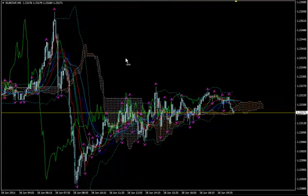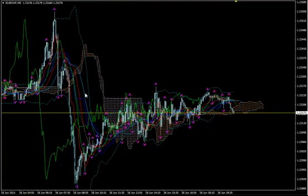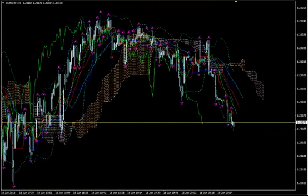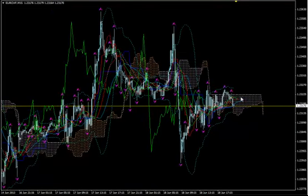Okay, you see that we had this bearish breakout after that horizontal Kumo, and you see the magnitude of the moves that followed. So once you see a bullish Kumo breakout on the M1 chart, a bullish Kumo breakout on the M5 chart, if the price manages to break above the Kumo and you have a strong bullish Kumo breakout on the M15 chart,